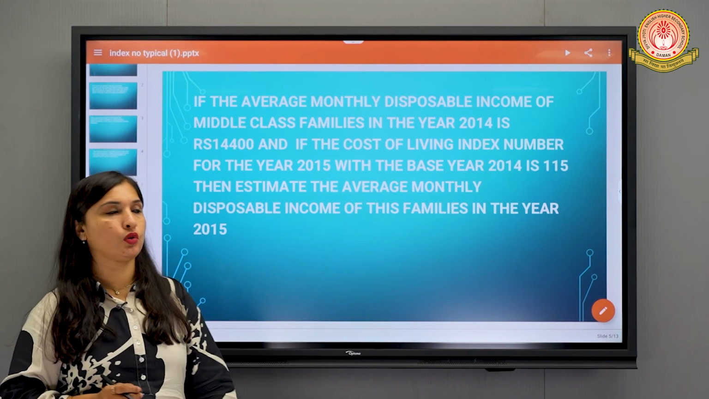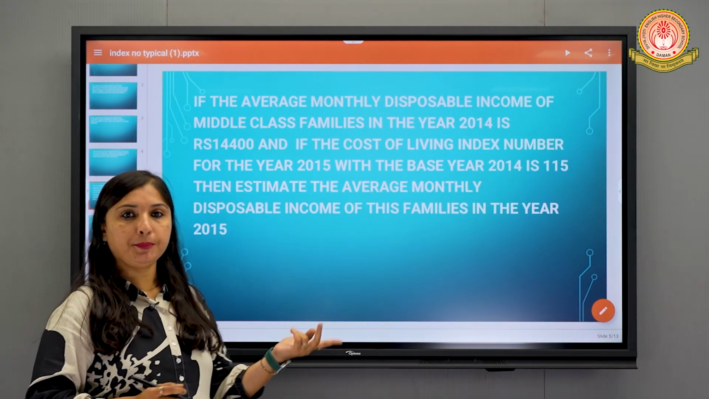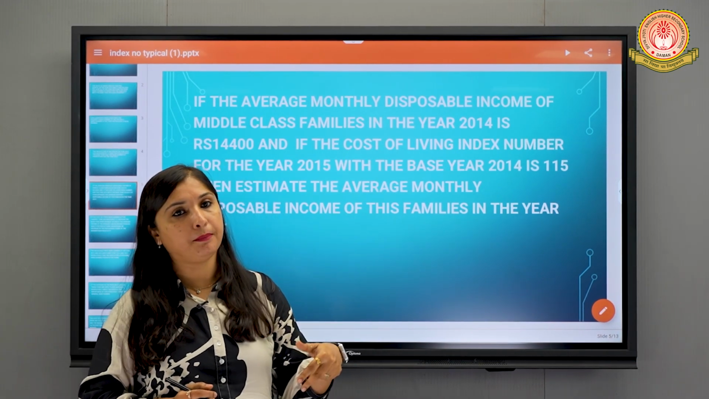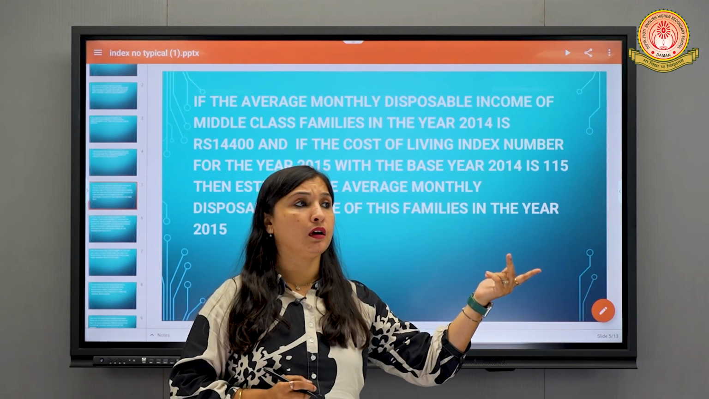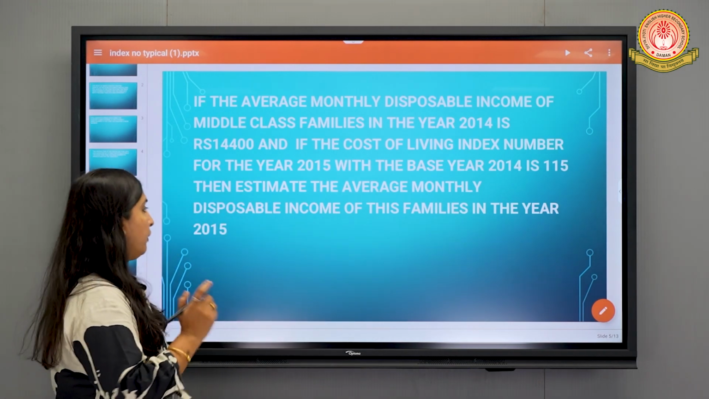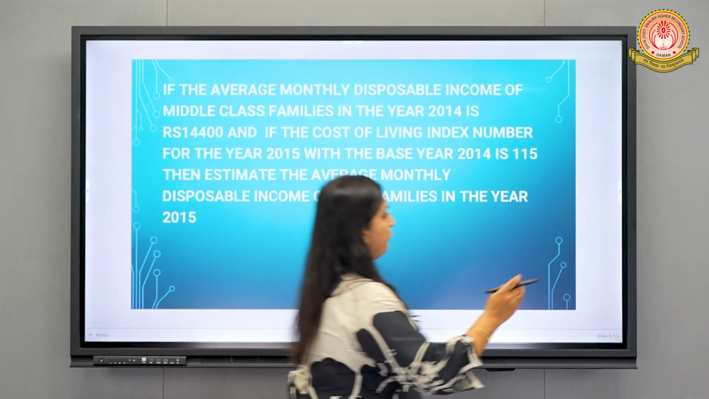So these types of examples are usually asked in the board exam, and I will give a very simple trick to solve this type of question. See, base year salary will be given. Current year salary, you might have to find it, or it might sometimes be given. Then you have to get the index number of the current year and the base year. So a very simple trick you can do is, you have to first